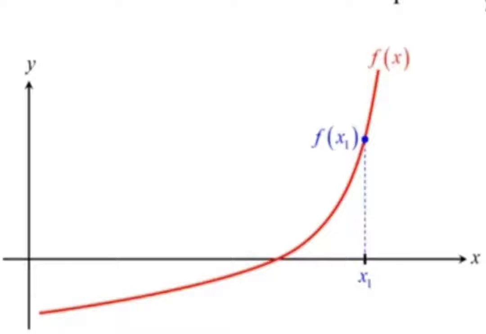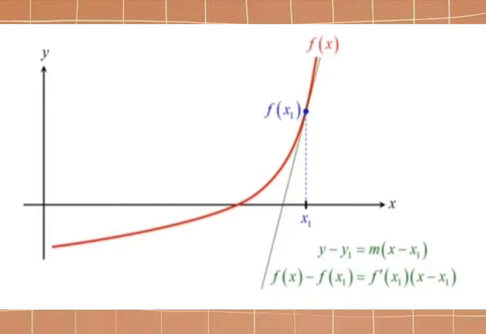Here, our guess just needs to be near where the root might be. We call that guess x sub 1. The reason we use that subscript 1 is that we will successively refine it in every iteration, so we will have x sub 1, x sub 2, x sub 3, x sub 4, and so on. So we now have our guess x sub 1, and what we will do is evaluate the function at